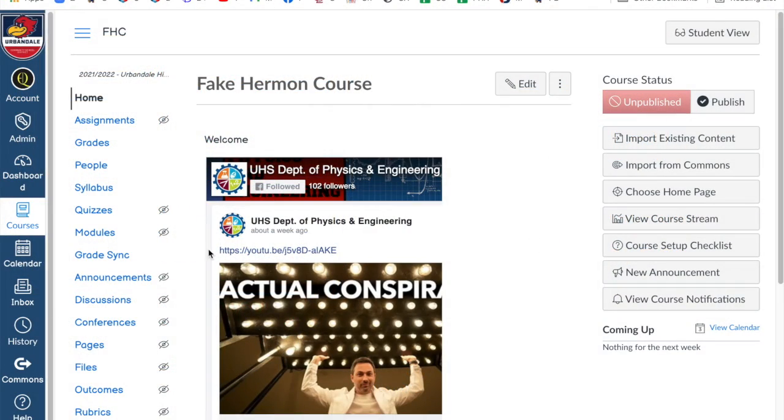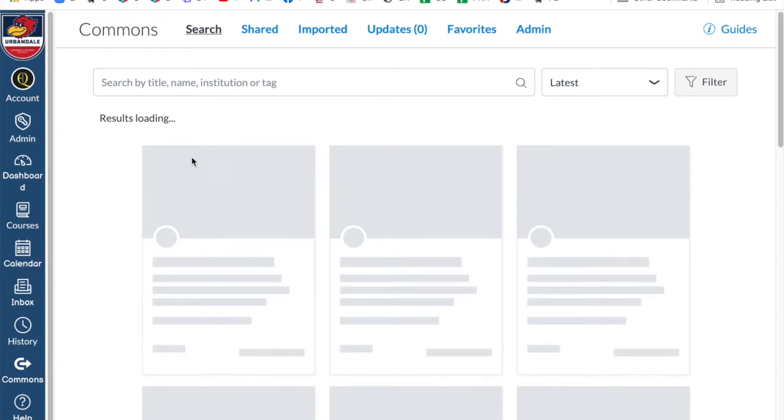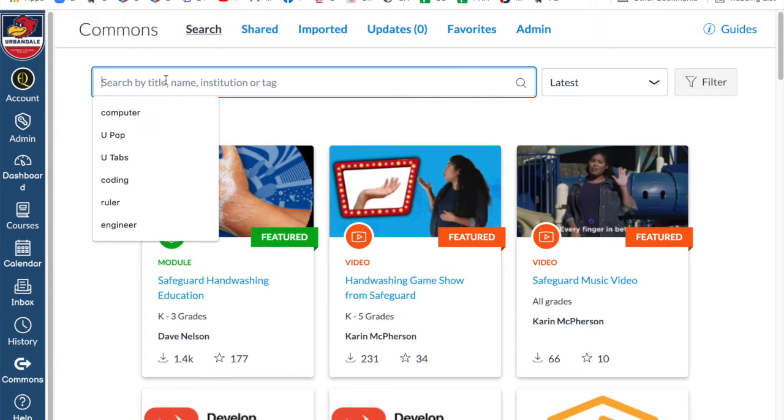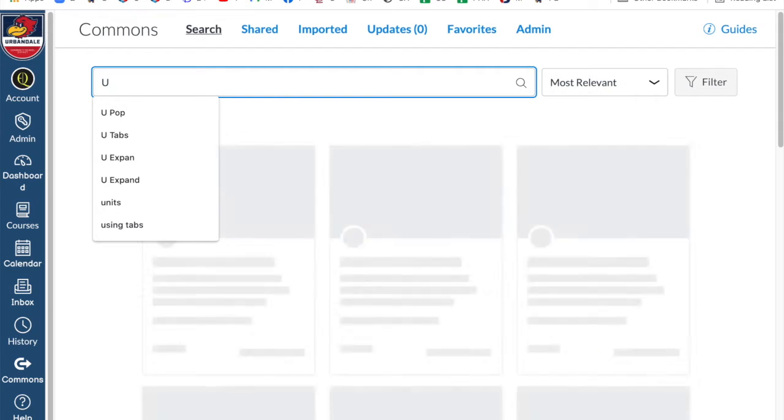All right, here's another movie for maybe the advanced Canvas user that wants to do some cool things when they're developing content in their pages. We're going to get another thing from the Commons. So if you click the Commons, I have another little page in here called